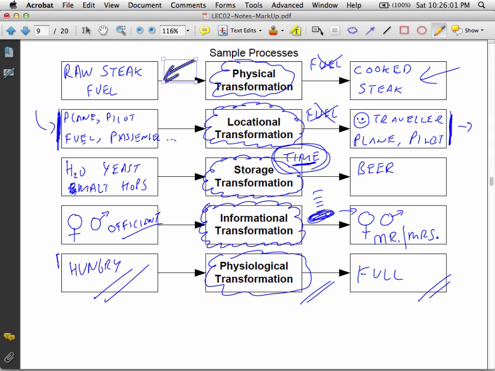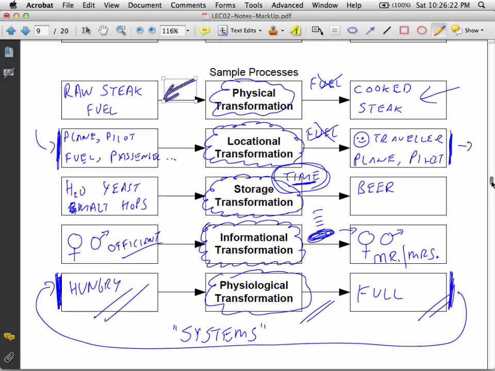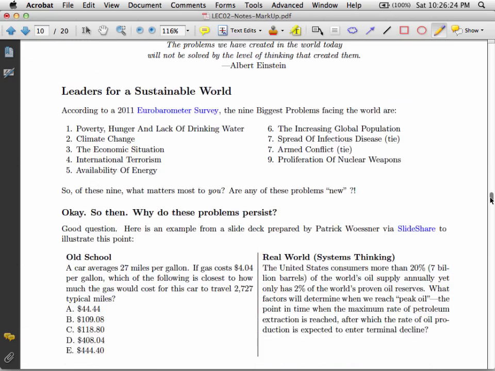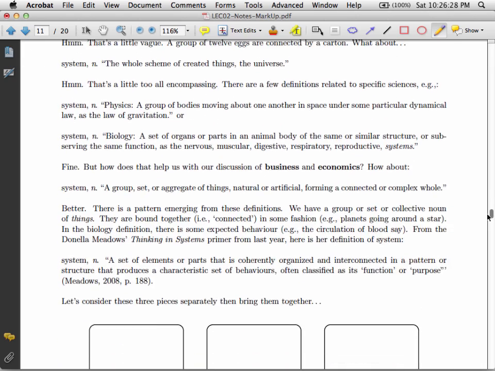When we start looking at things that come before, things that come after, and how this relates back to this, when we get this cyclical kind of setup, we're now looking at systems thinking instead of process thinking. So let's move on through the notes. Give a quick example of that. Talked about it in class.